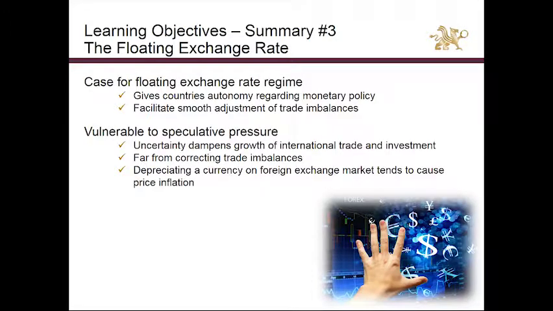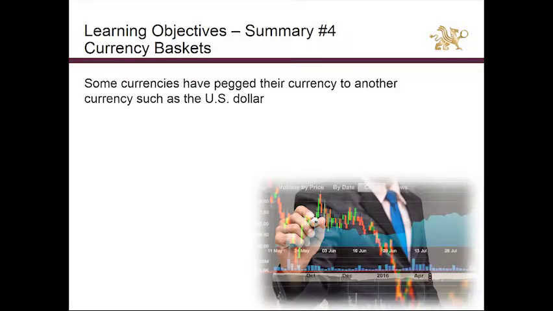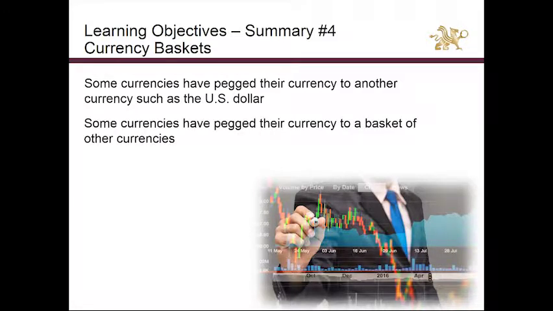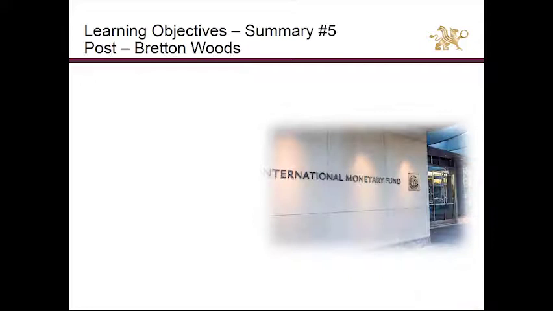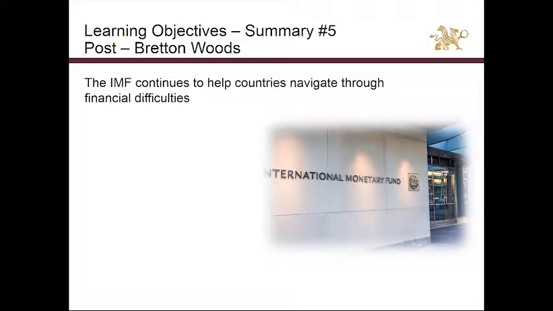In today's international monetary system, some countries have adopted floating exchange rates. Some have pegged their currency to another currency, such as the US dollar. Some have pegged their currency to a basket of other currencies, allowing their currency to fluctuate within a zone around that basket. In the post-Bretton Woods era, the IMF has continued to play an important role in helping countries navigate their way through financial crises